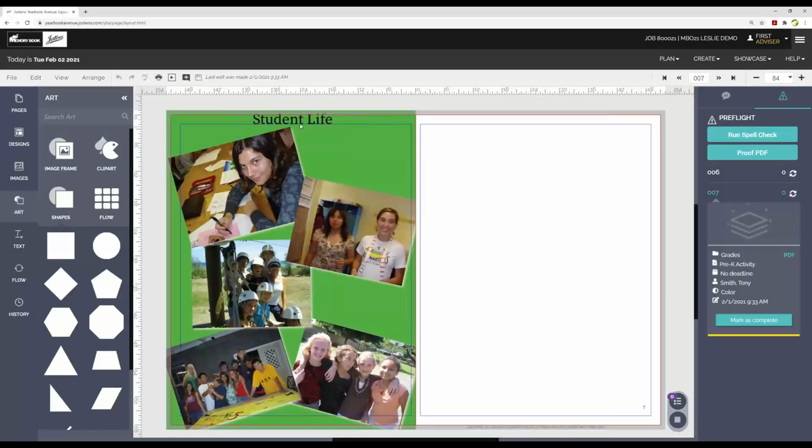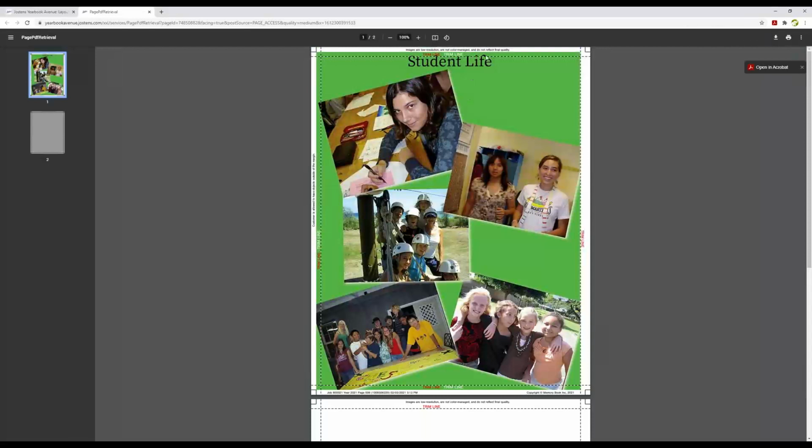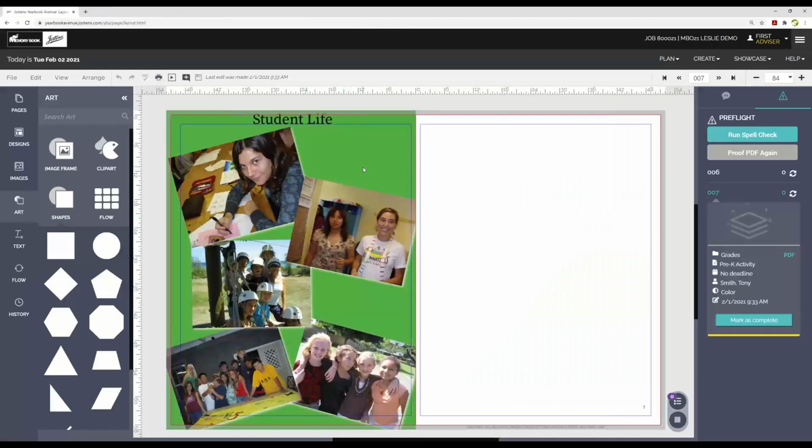And this page I wanted to show you, this is like maybe a parent had created this ad and scanned it and sent it to you. So then you upload it and you put it on the page. You want to make sure that all of your text is not outside of this trim line. We can look at the PDF here and see the very top of that is going to get trimmed off. So what you would want to do is